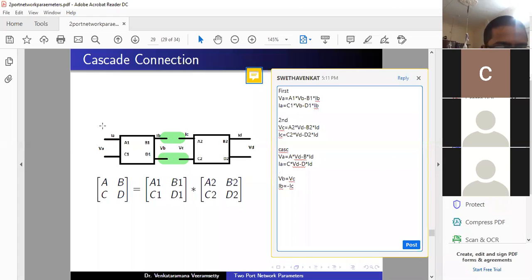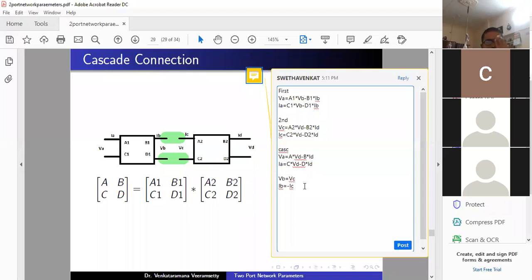For any two-port network, we are assuming that the currents are entering towards the network. That means IA is towards this network, IB towards this network, IC towards this network, and ID towards this network. So IB is towards the first network, and IC is towards the second. If you interconnect these two, IB is towards this one and IC is towards that one. That's why I'm taking IB equal to minus IC. Whereas the voltage will be the same, VB and VC. That's why I'm taking VB equal to VC. Right. Now what we have to do is, see friends,